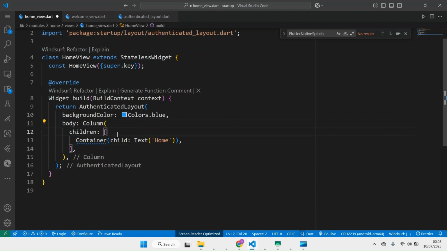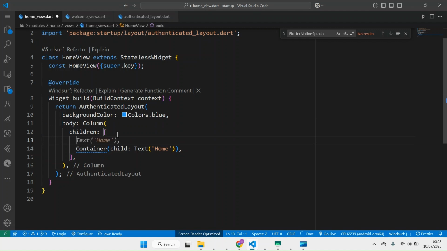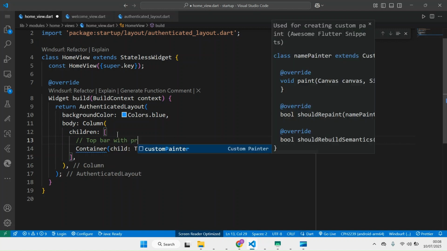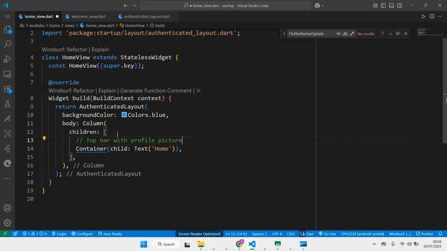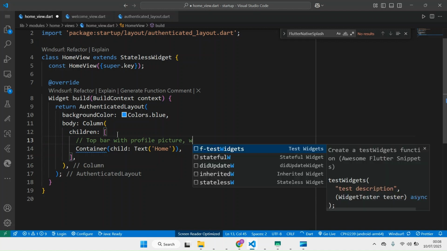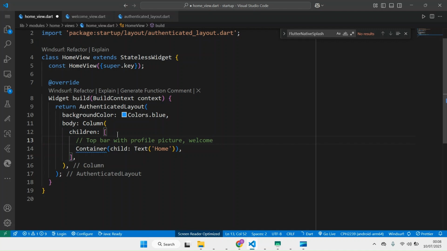I want to show you how we're going to have this. So we're going to have top bar with the profile picture and welcome text